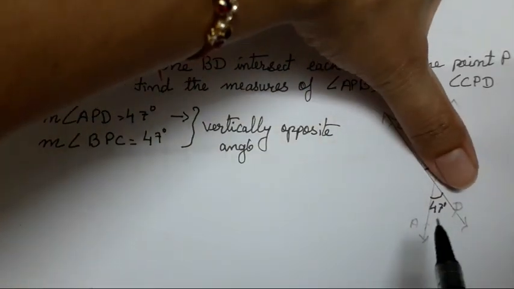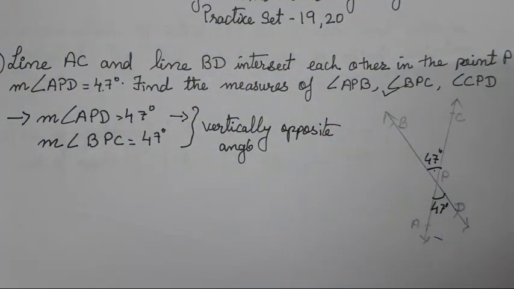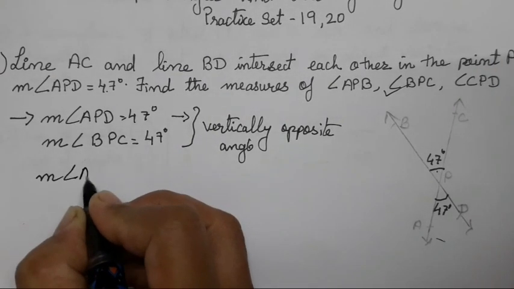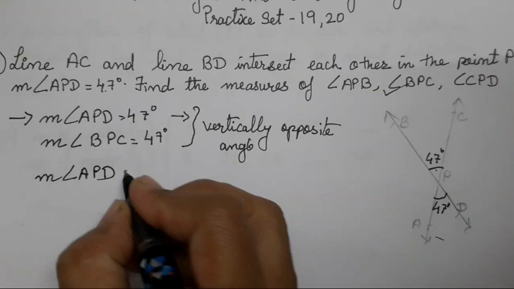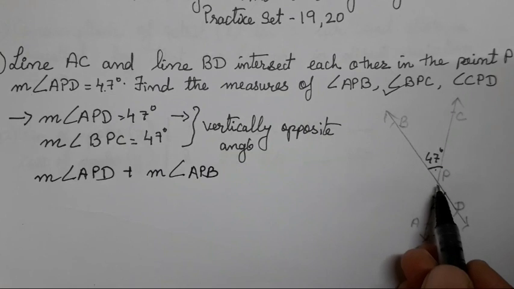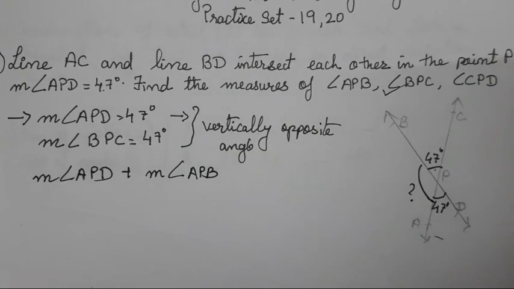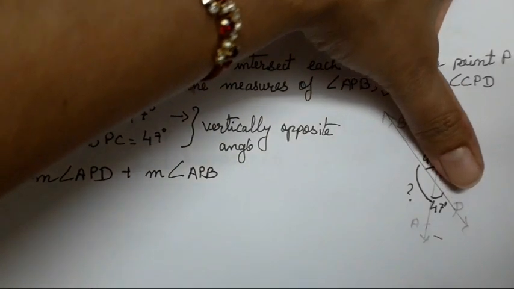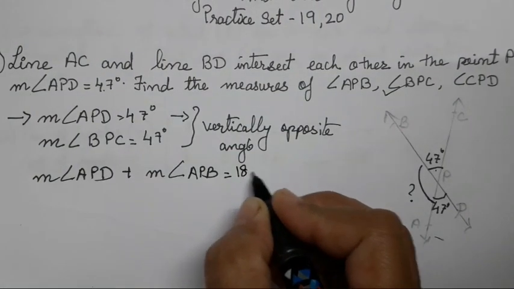If you all are going to forget, this is going to form a linear pair, मतलब ये angle जो form होने वाला है, it is going to be angles in linear pair. तो अब हमें क्या लेना है, measure of angle APD and APD plus measure of angle APB, मतलब ये अभी हम find करने वाले हैं, which is going to be APD and APB. Forget about this, ऊपर का ये भूल जाओ, only this. Why? Because it is angle in linear pair.